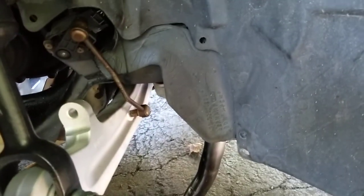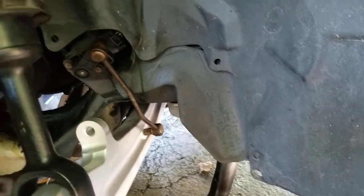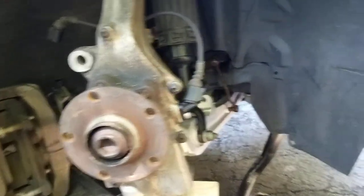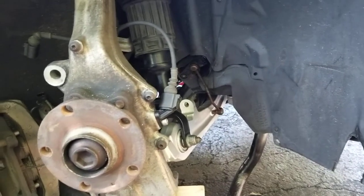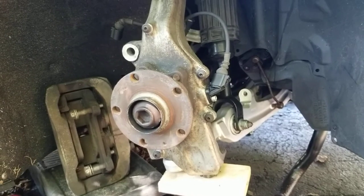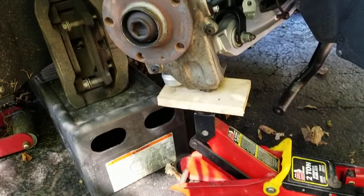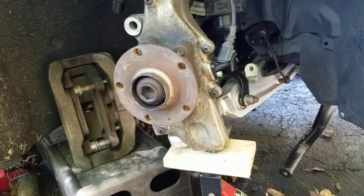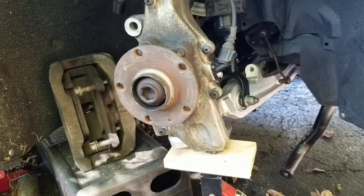But what we don't have torqued is the rear of both top and bottom control arms. You see all kinds of people online saying, oh, you don't have to do that. I never do that. I've done these cars for 100 years. Bullshit, okay? What happens is this rod needs to be as close to possible